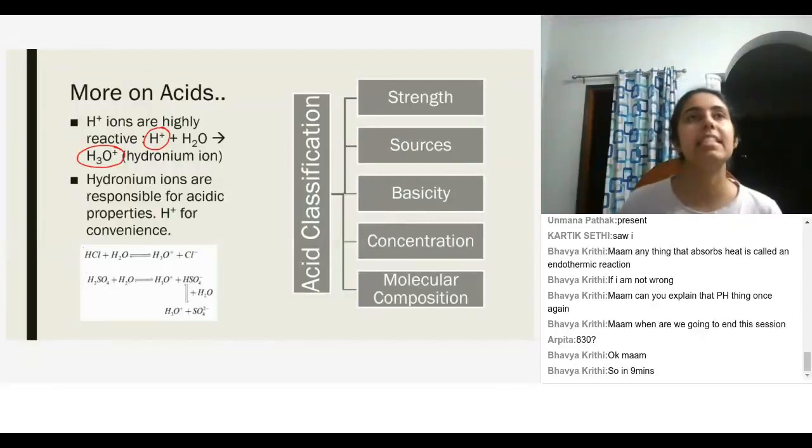But what happens is, imagine that there is one proton, just one proton. So it will try to react. It is not going to just be isolated by itself. It is going to want to attract something because it is a positive charge. It is not a neutral atom, right?